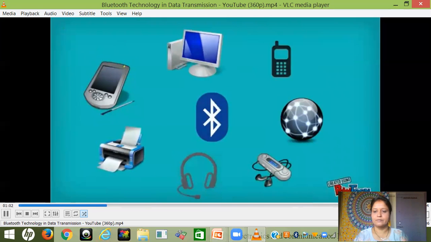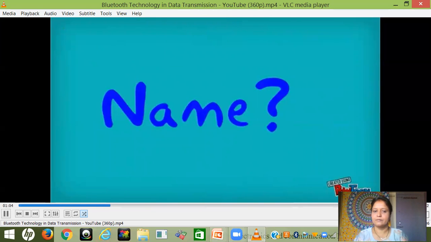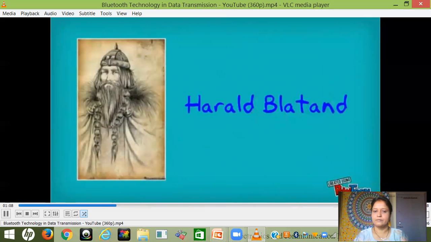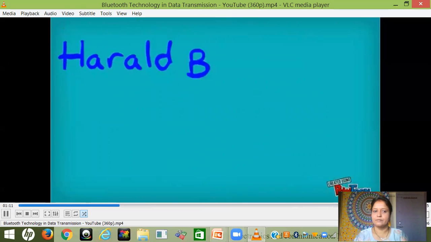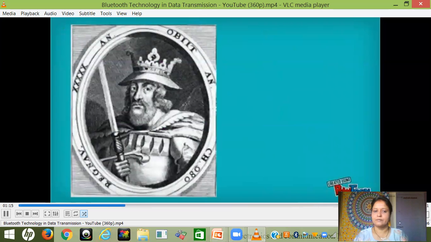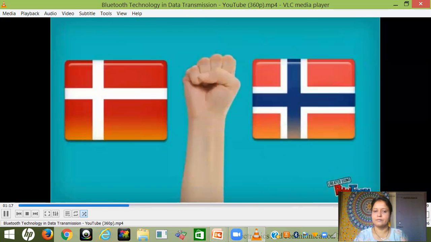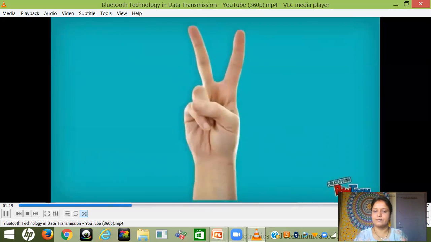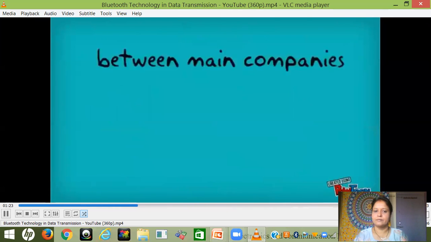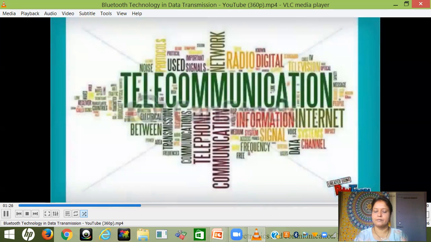Here is the interesting thing, how Bluetooth gets its name. Okay, the name of Bluetooth comes from very long ago. It was actually named after King Harald Bluetooth, a Viking 10th century king. He was unable to secure new lands for Viking settlement. He conquered all of Denmark and Norway. That's it. His conquest inspired a global wireless data transmission achieved through the cooperation of many companies in the computer and